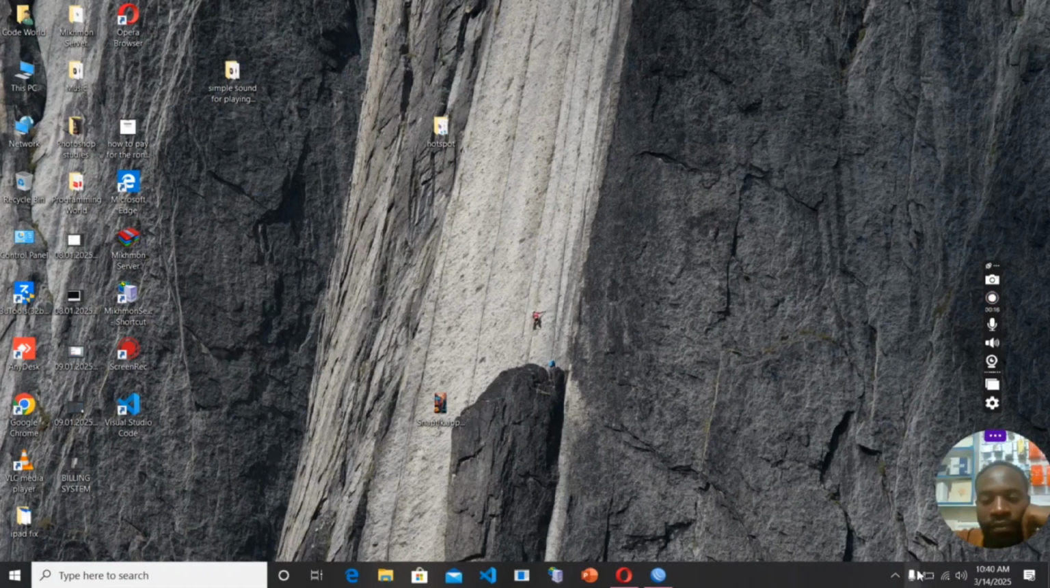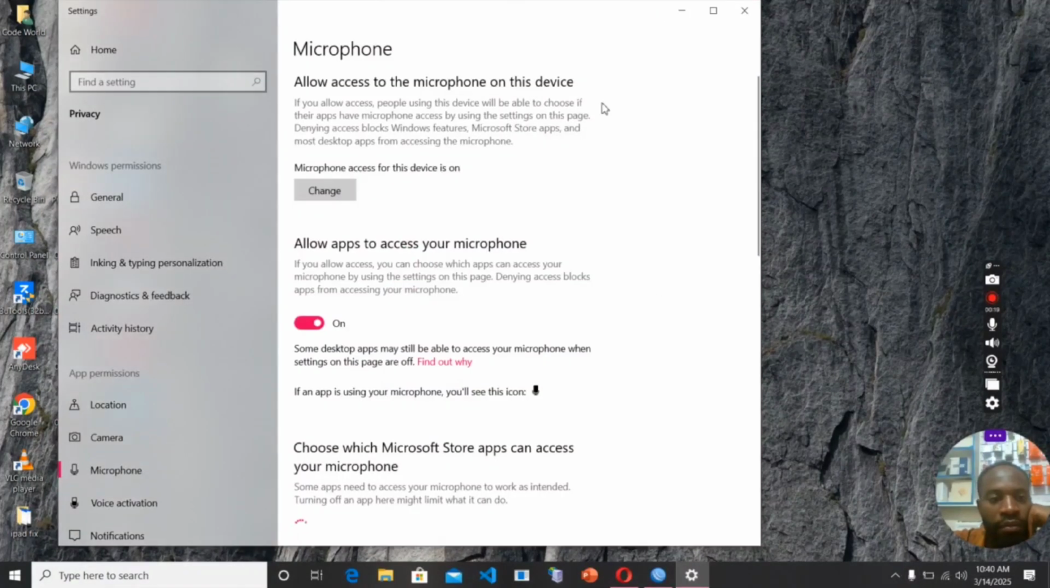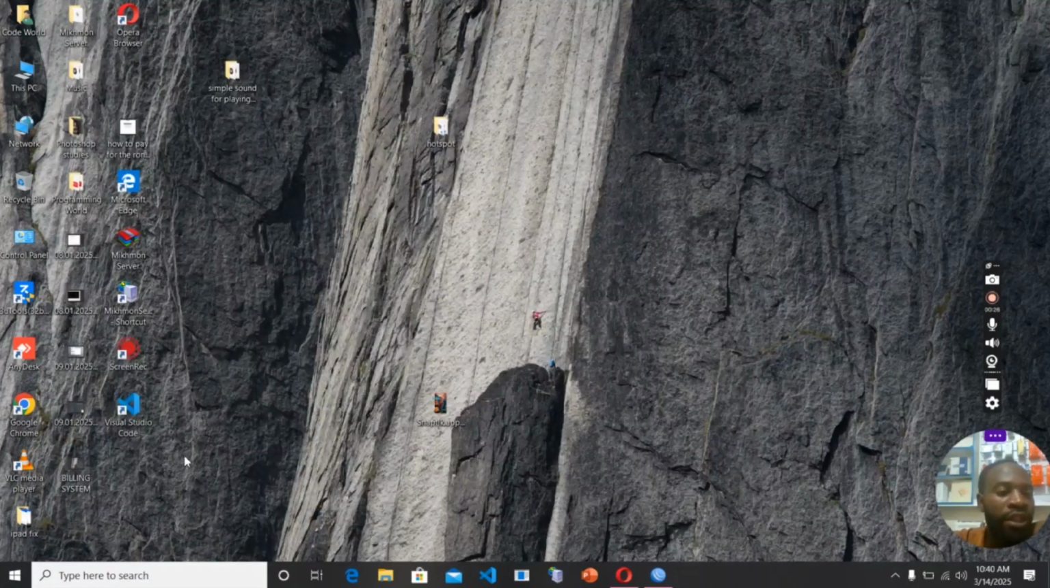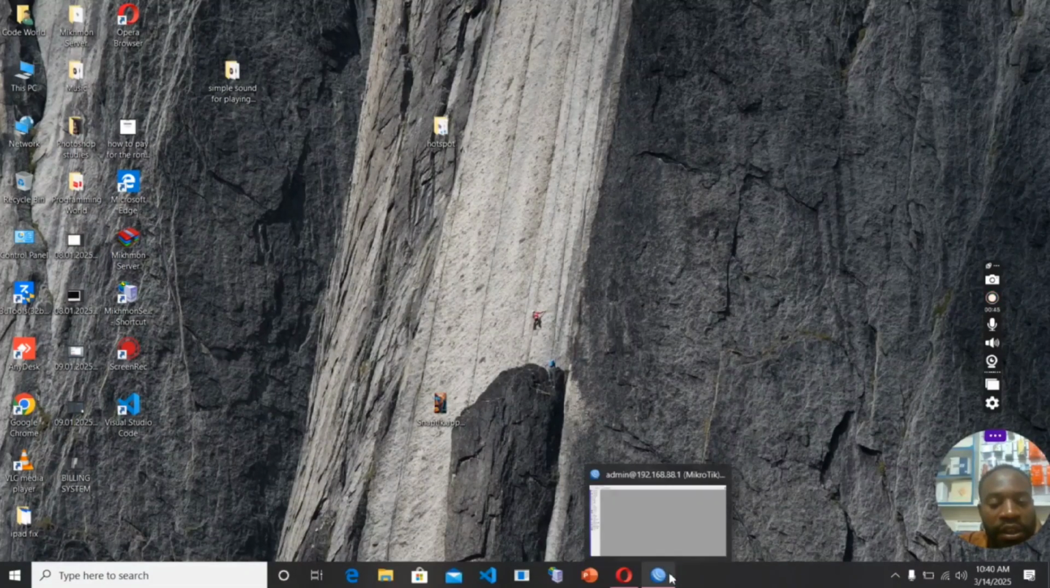I'm going to show you how you can configure your Mikrotik. First and foremost, you need to install this Winbox. If you want to install this Winbox, I'll put a link within the description which you will use so that you can download that. Then after